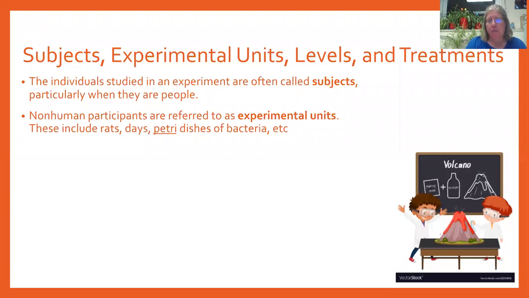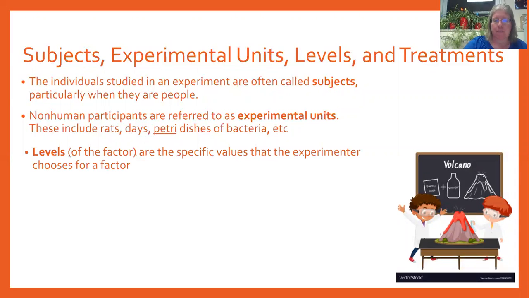Okay, so we have a few more terms to define regarding experiments, and then we're going to start looking at how to outline these experiments. So our next term is the word subjects. The individuals studying an experiment are often called the subjects, especially when they are people. If you have non-human participants, we often refer to those as experimental units. Those can be animals, days, petri dishes of bacteria, anything like that that is non-human can be called an